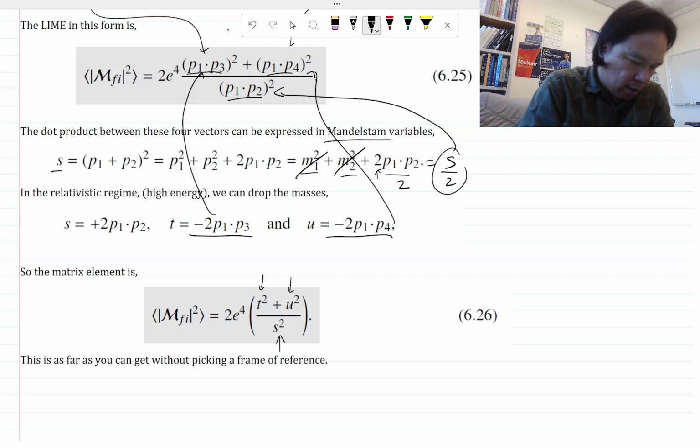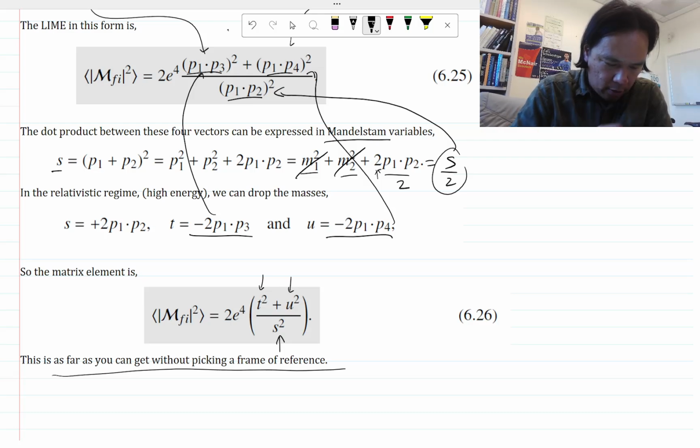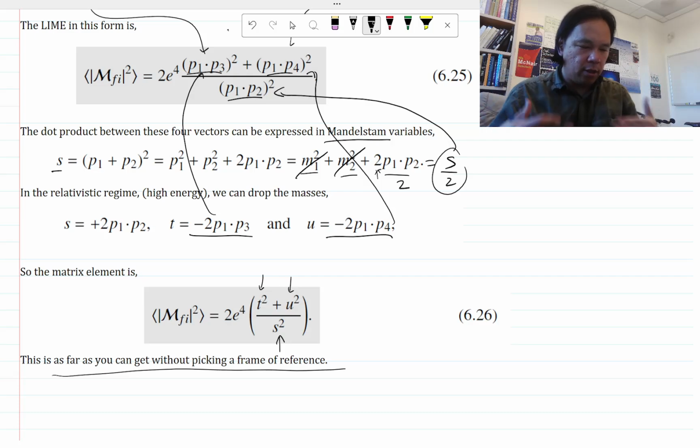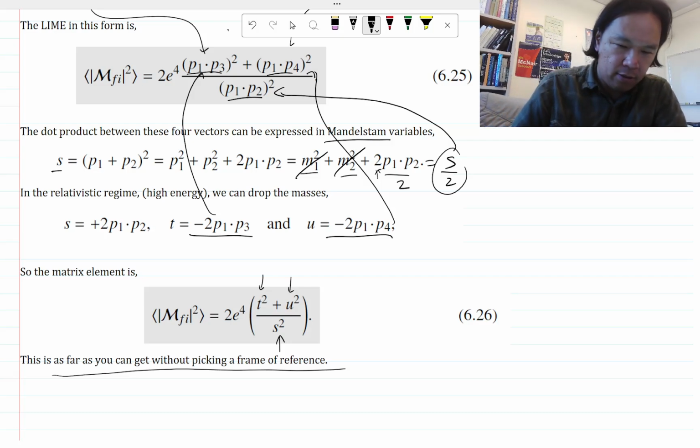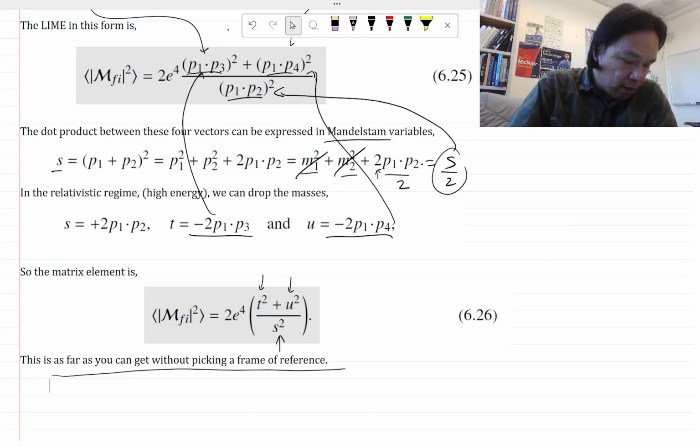Then you can do this calculation without picking any reference frame, but until you pick a reference frame and figure out what theta is, because theta is not Lorentz invariant, you cannot do any further calculations. All right, and in fact, before I end the video, cross sections depend